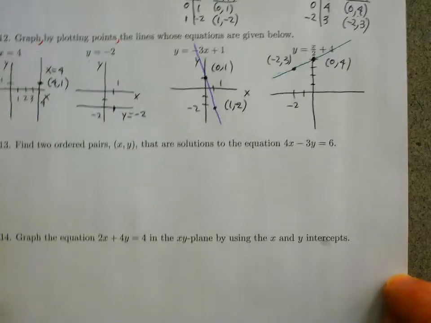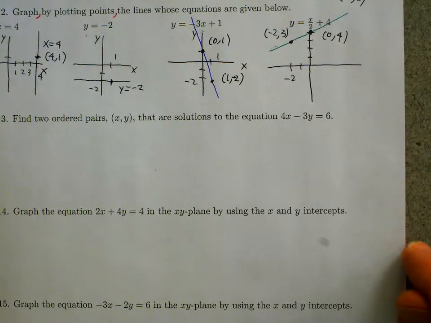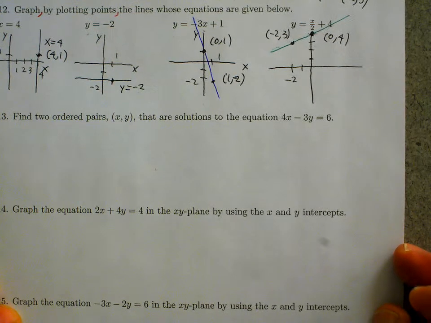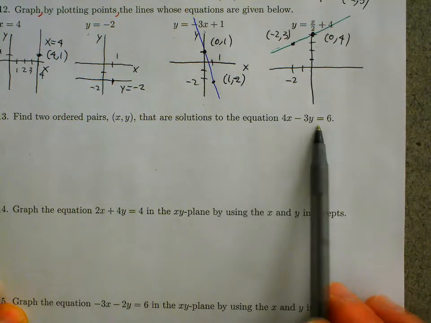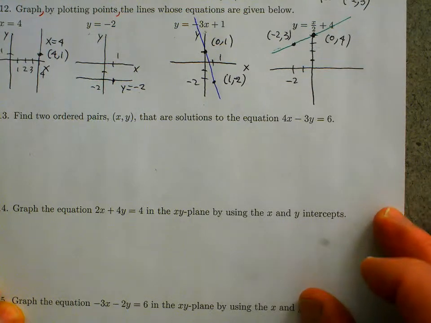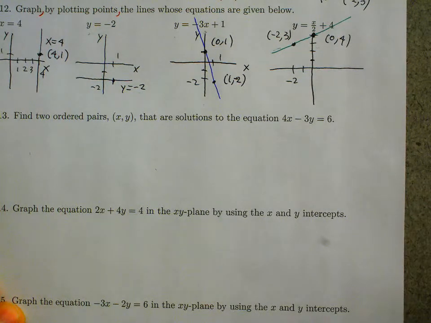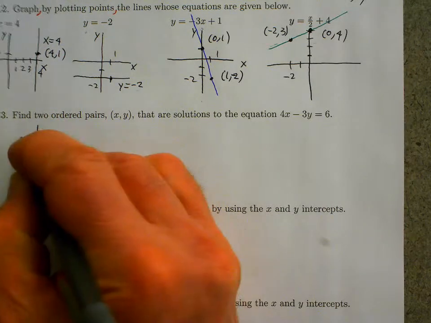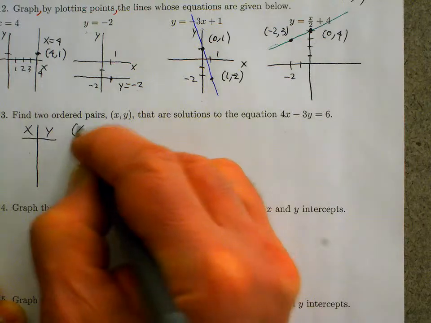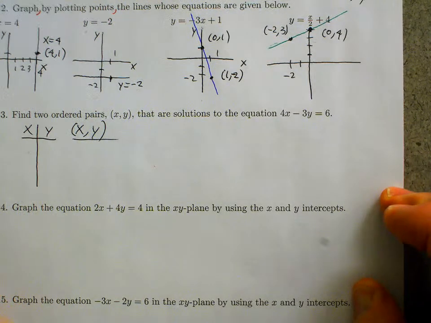Okay, number 13. Find 2 ordered pairs, that is (x, y) in parentheses, that are solutions to the equation 4x minus 3y equals 6. Finding 2 ordered pair solutions of a linear equation is the same process that we would go through if we wanted to find 2 points in order to graph the line. So we'll just find 2 ordered pairs of points. It doesn't say to graph it, so we can